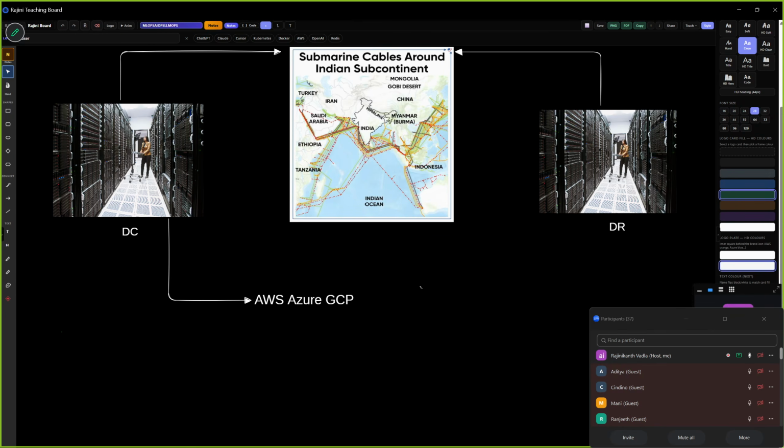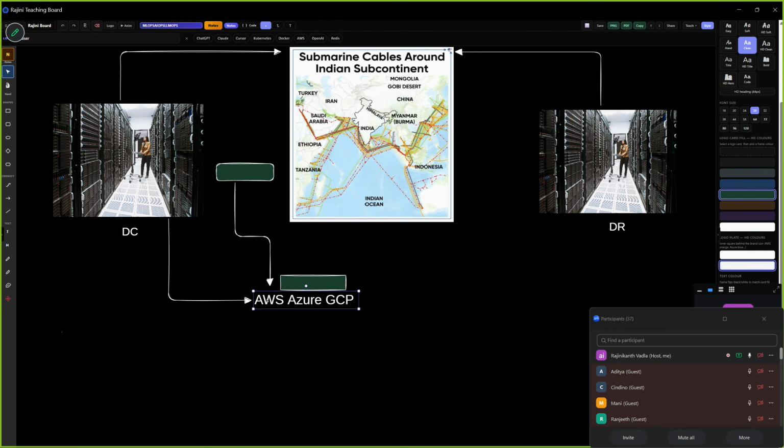There are different types of migrations again. Lift and shift, recreate. These things will be there. Lift and shift means your data, whatever is there, you keep it here and lift and create it over here. Or recreate, where you're replicating the entire thing. You might be using the DMS service in AWS and then the MGN agent and all, and you will move all your data from your data center to your AWS cloud.